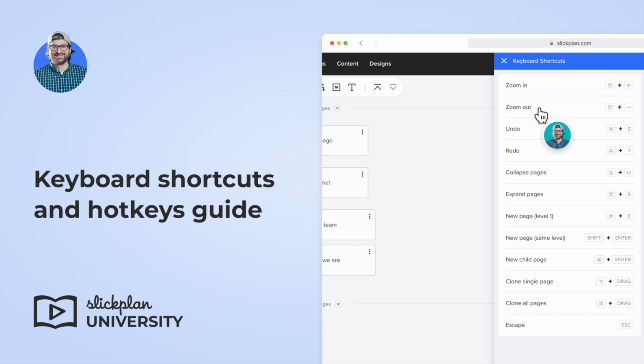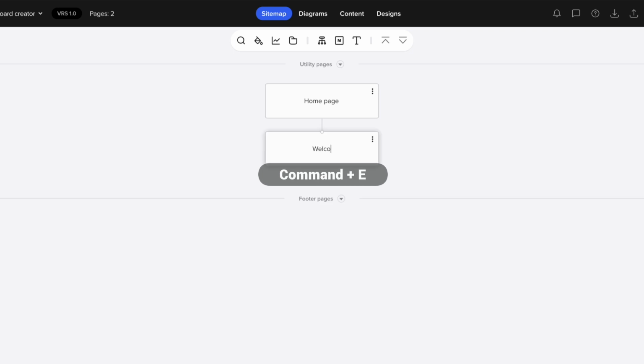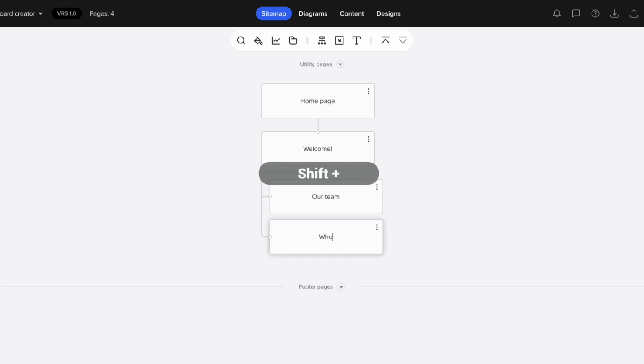This video will guide you through the various hotkeys and keyboard shortcuts in Slickplan. It's crucial to highlight that the Command key on Mac OS is equivalent to the Control key. To create a sitemap, use Command+E to add new pages to the initial level instead of repeatedly clicking the Add Page tooltip. Use Command+Enter to create a child page and Shift+Enter to add new pages on the same level